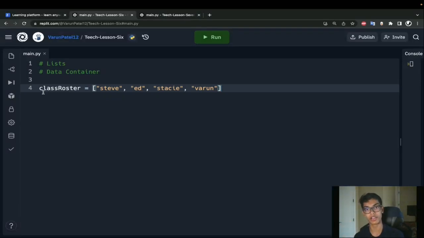And another way you can look at a list is sort of like a grocery list. So think you're going to the grocery store, and you have your little grocery list with you. On that grocery list, you have milk, cereal, vegetables, right? These are all different things. Think of different data types, but they're all contained within the scope of this entire grocery list. And that's another way you can look at why a list exists and why it might be useful for you when you're programming.